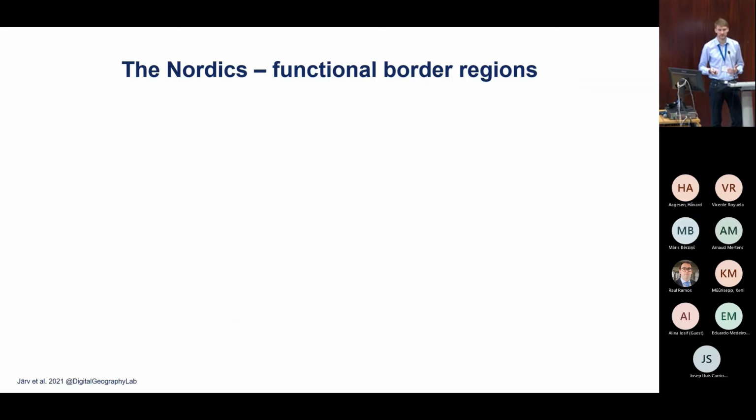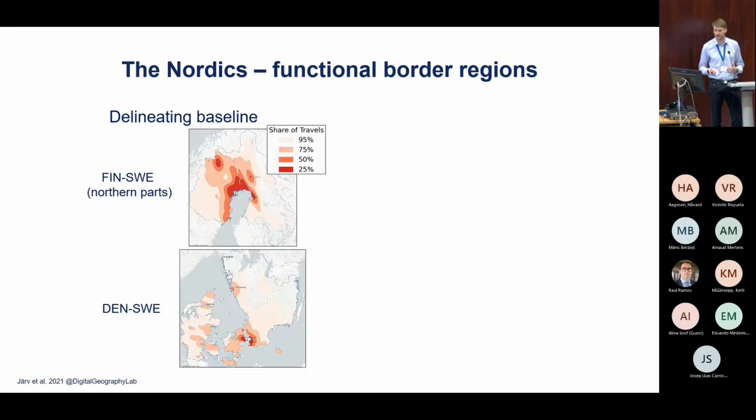And finally, about functional border regions. So we took the endpoints of movements and created, let's say, density maps, basically delineating the functional, interacting border regions. In these two maps, I'm showing the northern parts of Finland and Sweden, and then Denmark and southern Sweden. And more or less, we get the logical result from